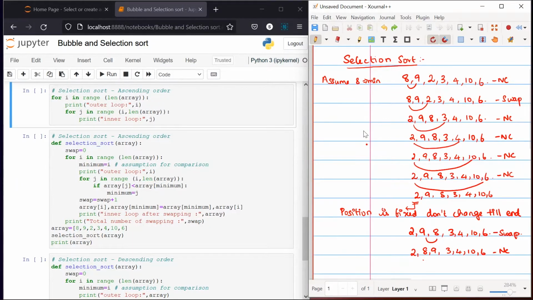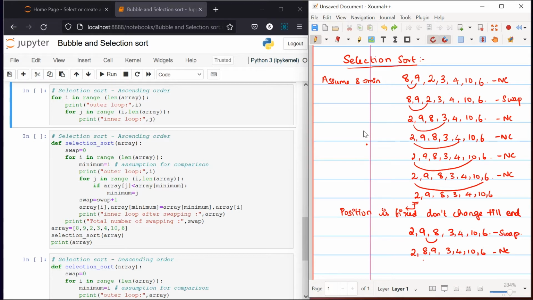Welcome everyone. Today we are going to see about selection sorting using our Python programming. In previous sessions we have seen other different kinds of sorting like bubble sort, and we have seen about file handling, all those things, and this video is an extension of that. So in this class we will see particularly selection sort. We will be seeing both ascending and descending orders.